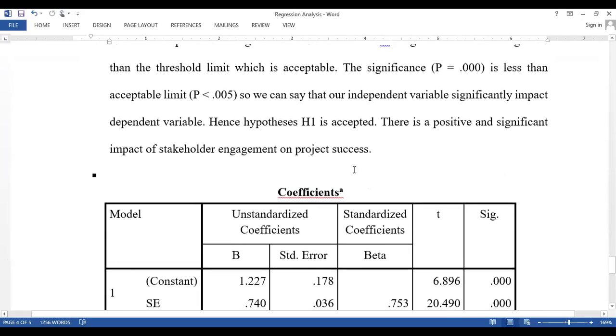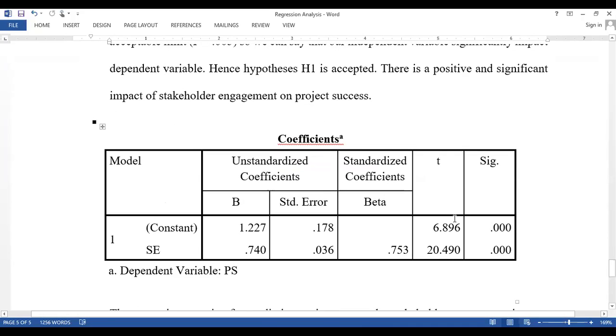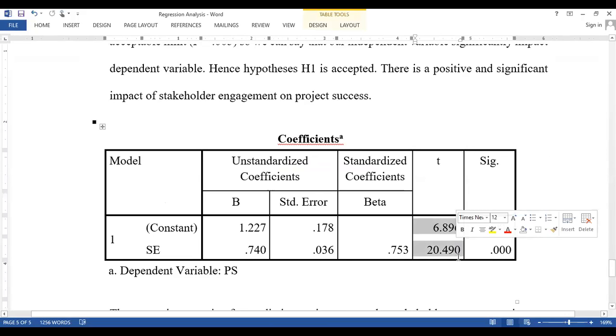One thing is required. The acceptable limit for t values is that the t value should be greater than plus 1.96 or less than minus 1.96. In the given table, these values reside within the acceptable limits, these being the t values of the dependent variable and independent variable.